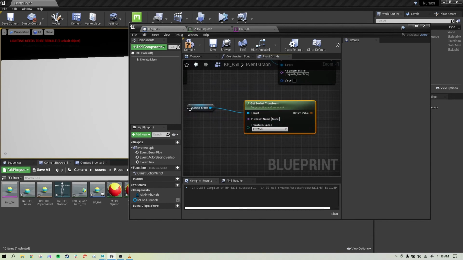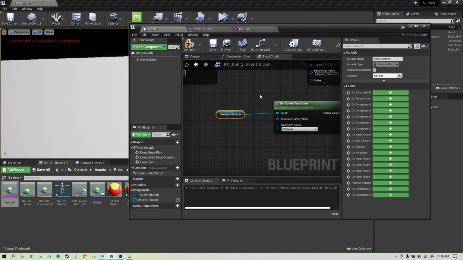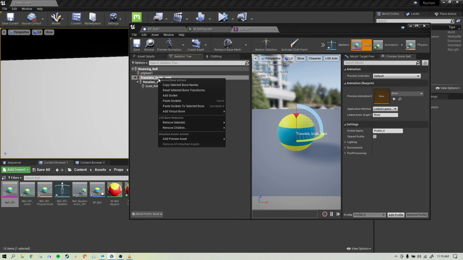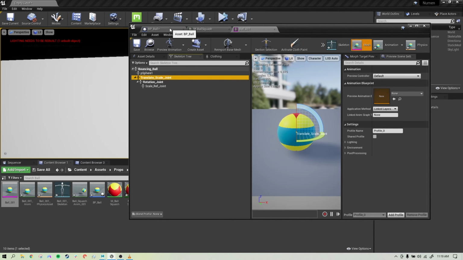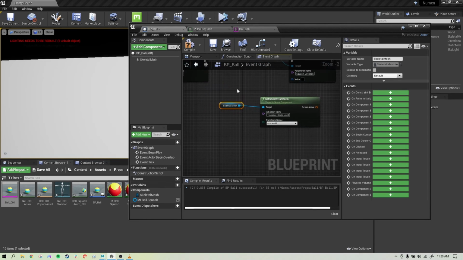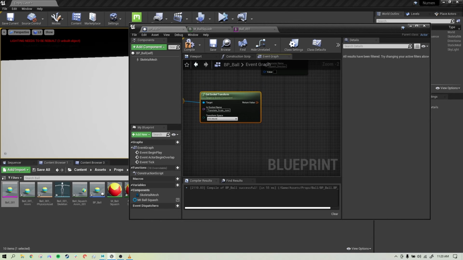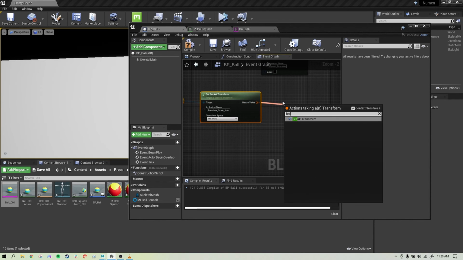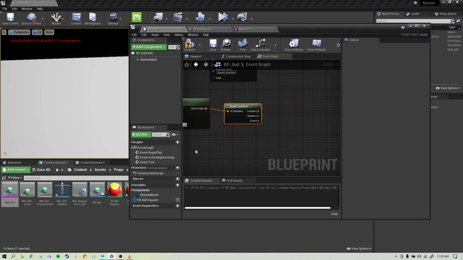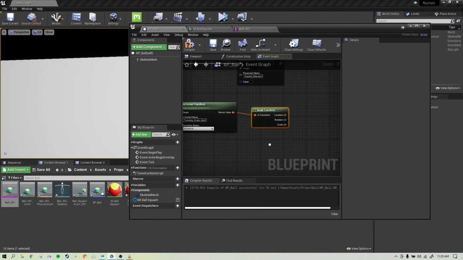And similar deal for the direction, except we're going to want to use the top joint, this translate scale joint. And we can actually just copy selected bone name from here, which makes it easier to paste. Okay, so now we got that joint selected there, and we just need to break this again. So break transform, and this time we're going to use our rotation to get a vector direction,